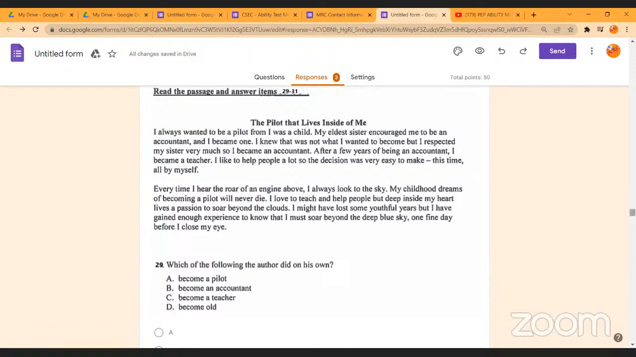Every time I hear the roar of an engine above, I always look to the sky. My childhood dreams of becoming a pilot will never die. I love to teach and help people, but deep inside my heart, lives a passion to soar beyond the clouds. I might have lost some youthful years, but I have gained enough experience to know that I must soar beyond the deep blue sky. One fine day before I close my eyes,